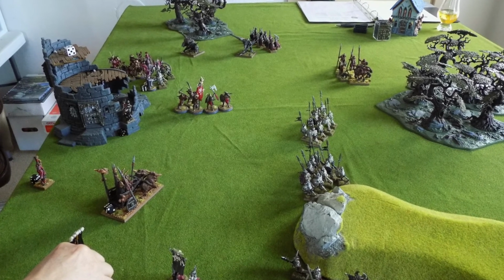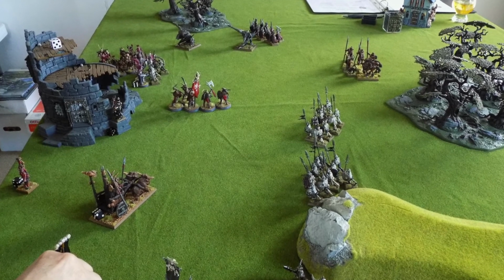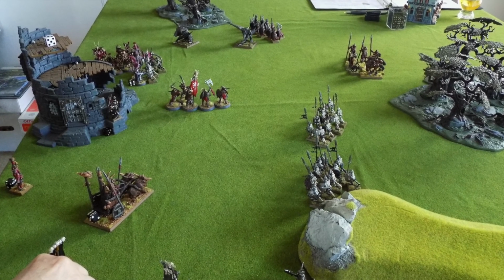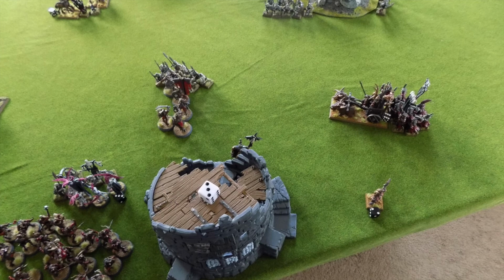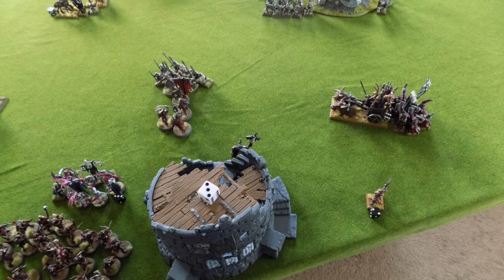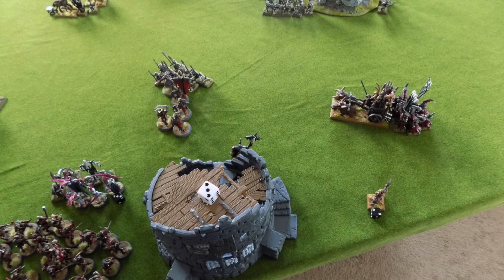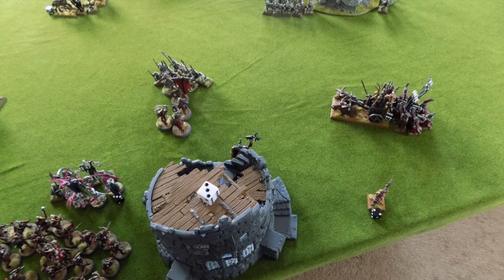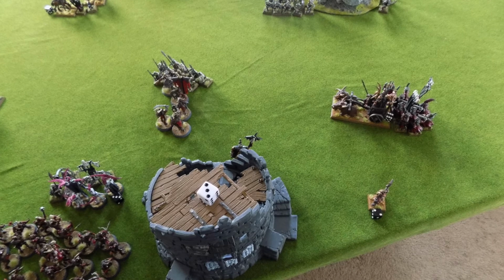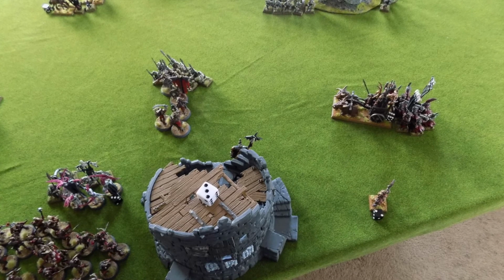But the Skeletons charged the Gors. And then the Graveguard charged Gorthor, which was not so great. So, man, I forget what happened to Heinrich during the movement phase. I think he tried to move, but couldn't quite get away. He needs to get away within 4 inches. Oh, that's right. You can't move